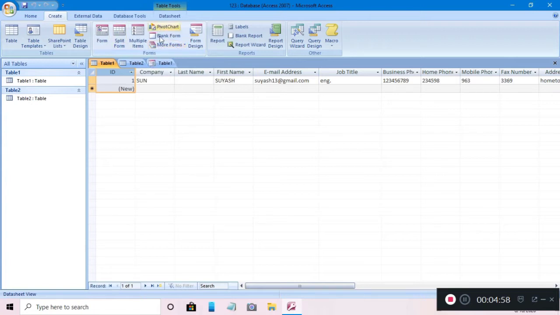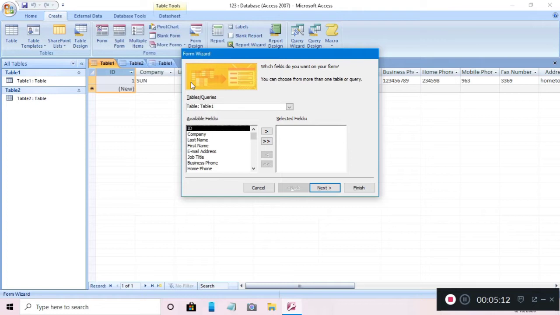In the list, which shows pivot chart, blank form and more forms, the first option is Form Wizard. Now another dialog box will open. It is asking which fields you want, the details of that person, like the company name, last name, first name, email address, job title, and whether you want to find out the details of this person.